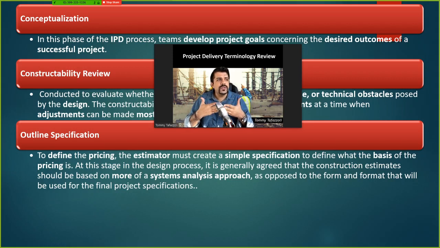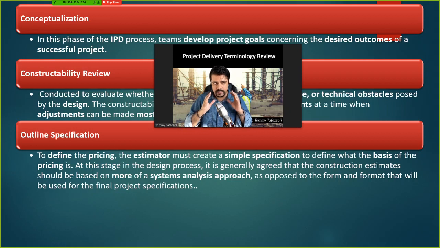But for example, you would identify the main elements of the project, what should be designed, and some pricing for each of them. For example, we don't want this part of the project to cost more than this amount. So it provides some guidelines for the designers to develop their design in a way that the pricing of the different elements of the project can be met. And obviously this helps the project finish within budget.